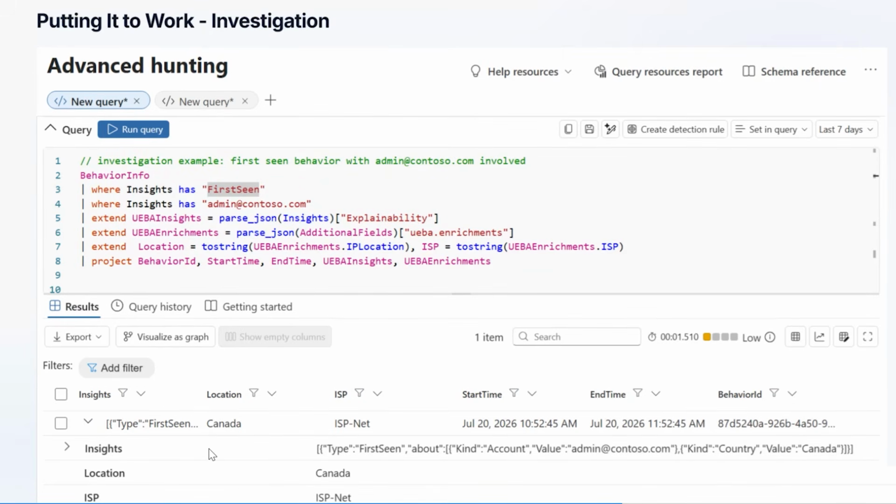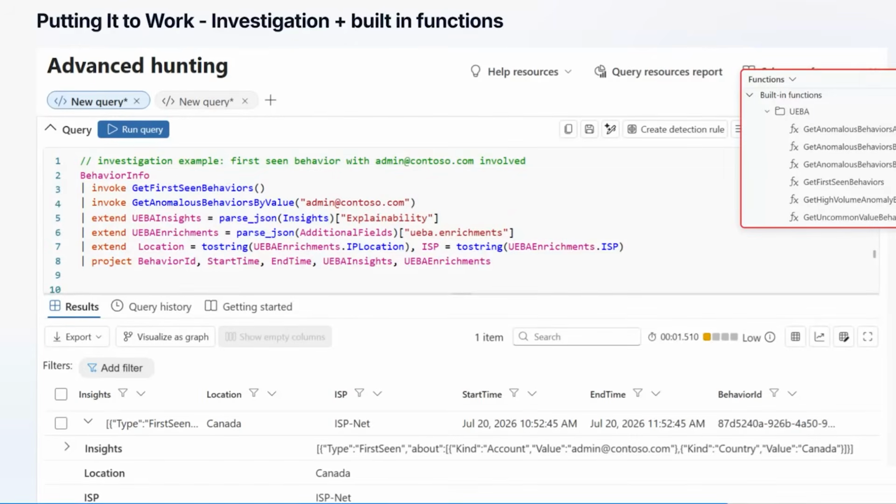I see that you are querying the data from the advanced hunting menu and using the BehaviorInfo table. Are these behaviors also stored somewhere in Log Analytics, in Sentinel? So I will take that. Thank you, Javier. So like all UEBA outputs, these logs are stored in Log Analytics. However, our customers can query them through advanced hunting. They don't need to do anything special.